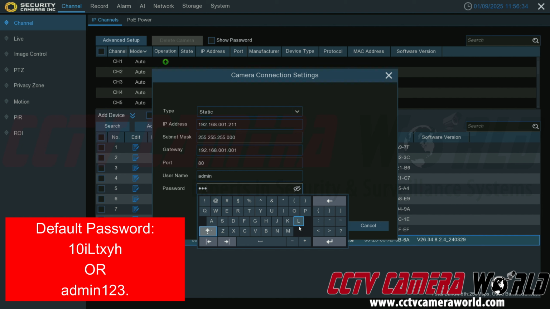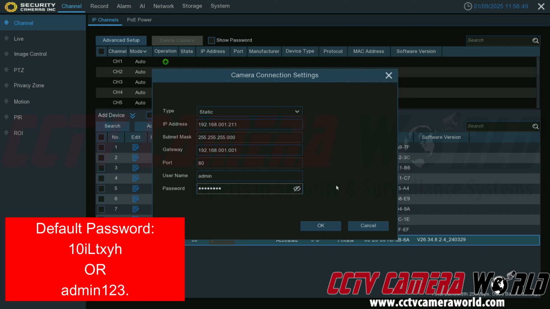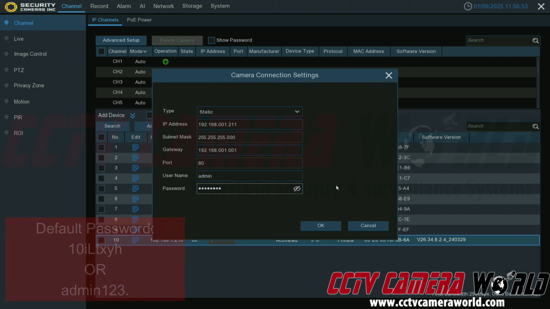It could either be the password for your NVR, which would be on the label, or it could be admin123 period. That's all lowercase, ADMIN 123 period. So it'll be either one of those two passwords. The last password it could be is if you've changed the password for your NVR, it may have synced that password to your IP camera,